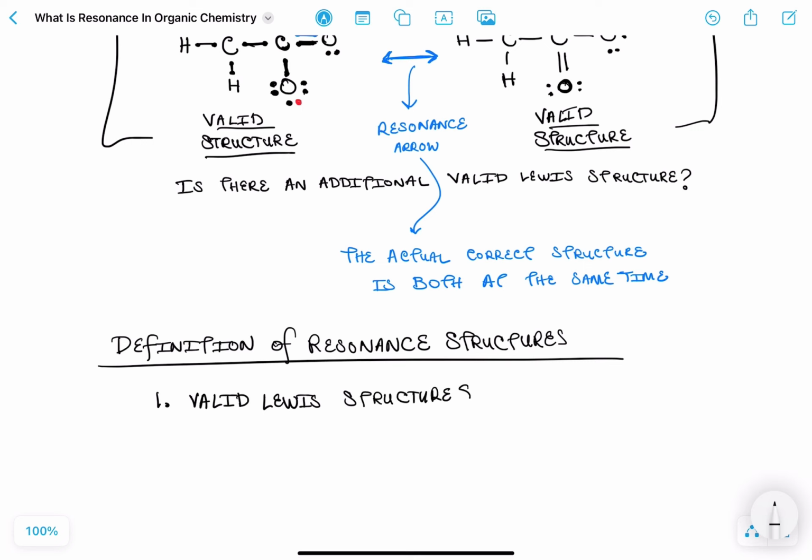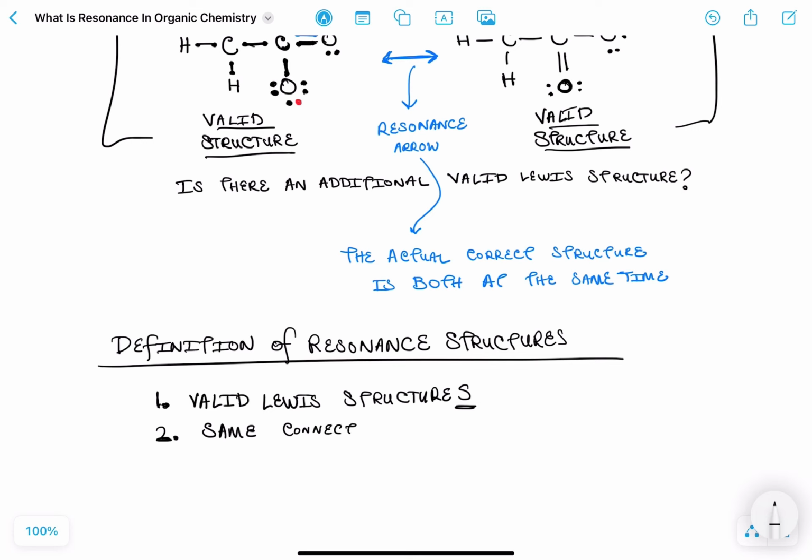Now, whenever we say resonance, we already know it's plural because resonance indicates multiple structures involved. Now, there can be more than 2 resonance structures. So essentially, they're all going to be valid Lewis structures. If I have 3, 4, 5, whatever, they would all be valid Lewis structures. So that's the first thing. They've got to be valid Lewis structures. The second thing is that they have the same